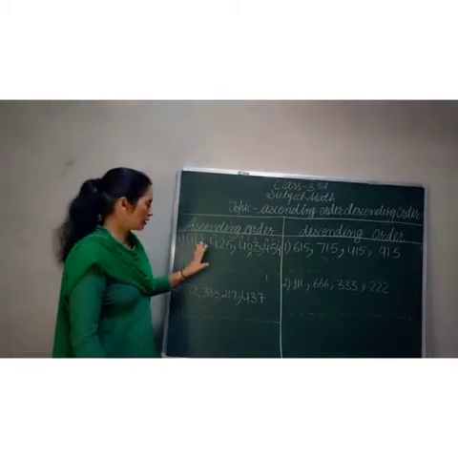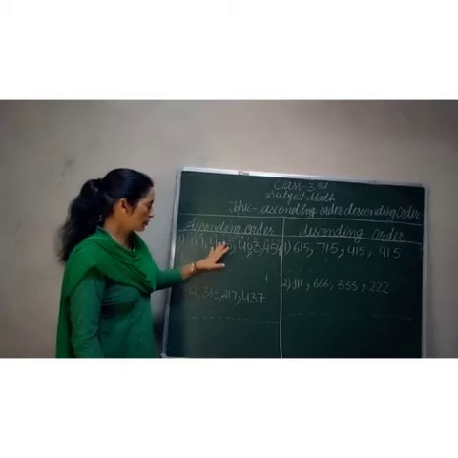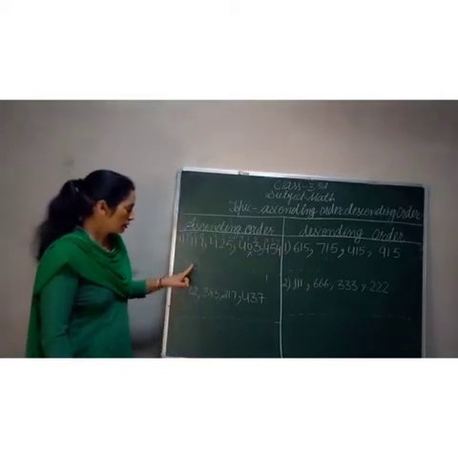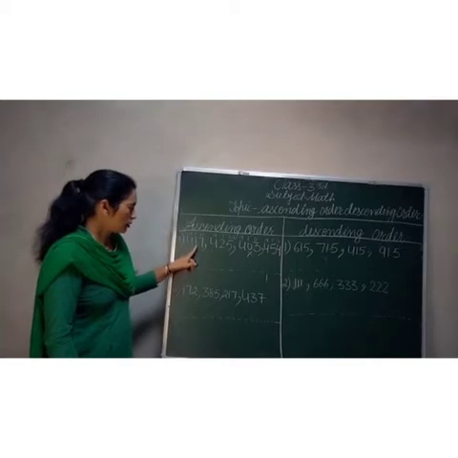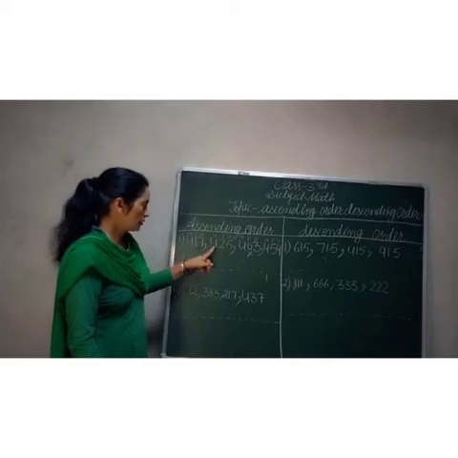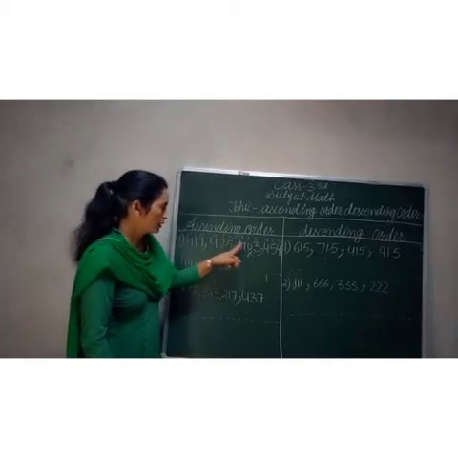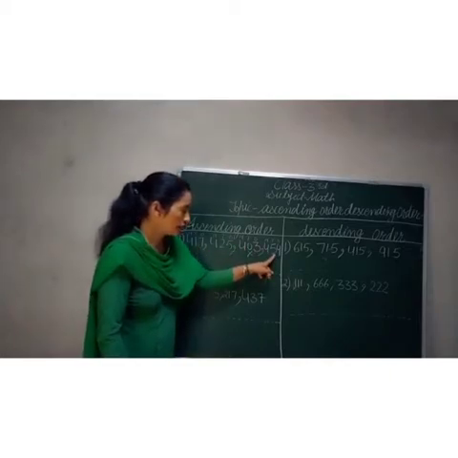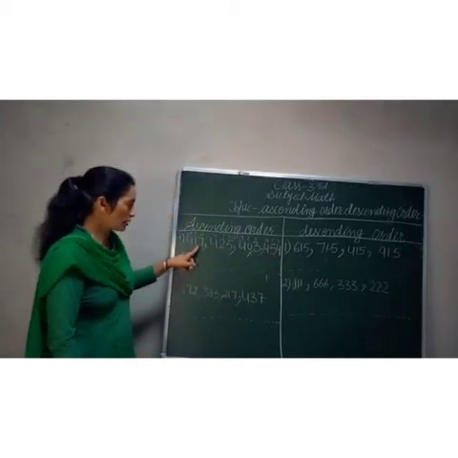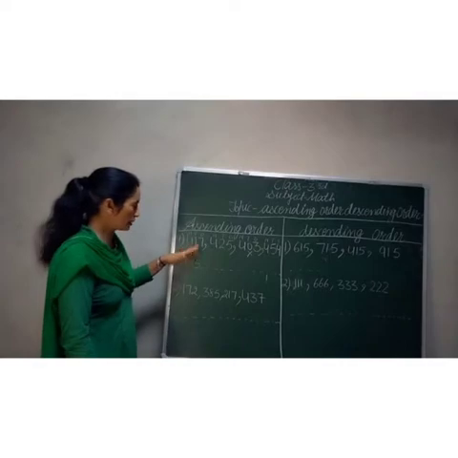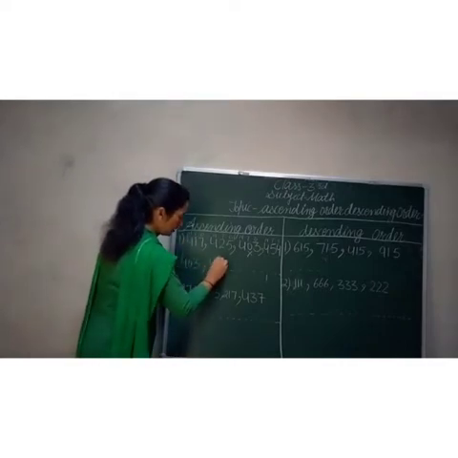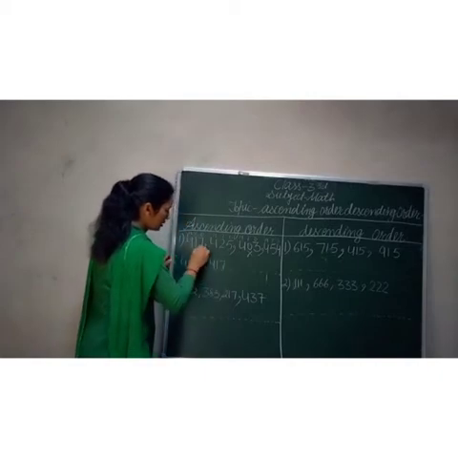Now next, we will recognize from these 3 numbers. Now see the tens column: 1. Here in the tens column, 2. In the third, in the tens column, 5. So which one is the smallest? 1 is the smallest digit. So which number will come next? 417. This is also done.